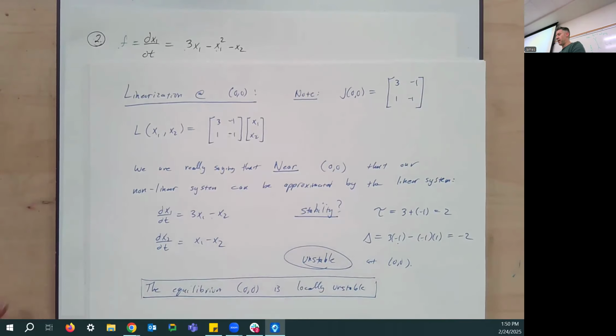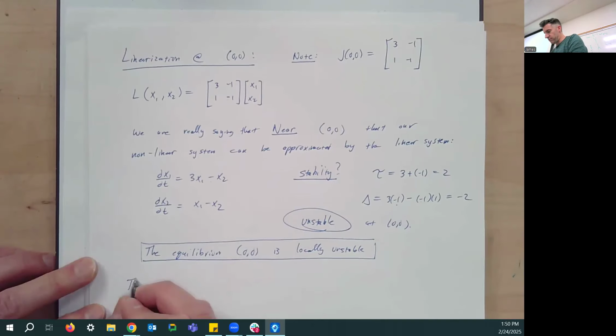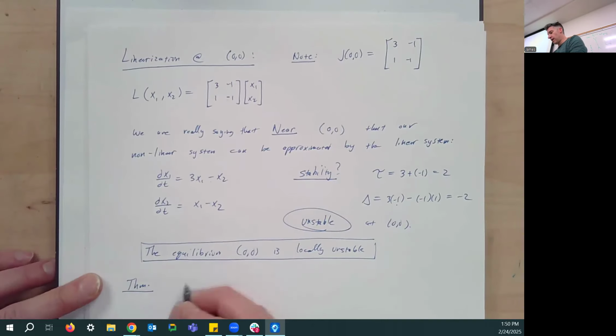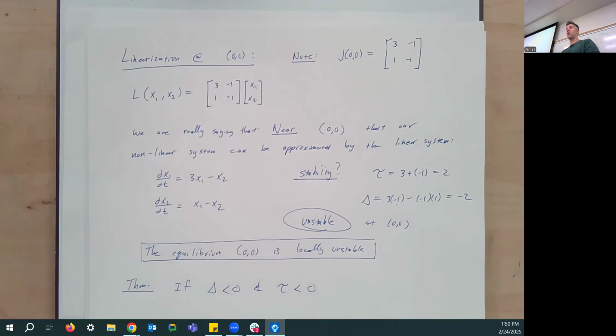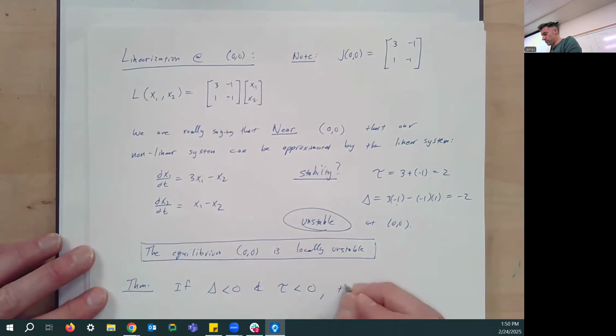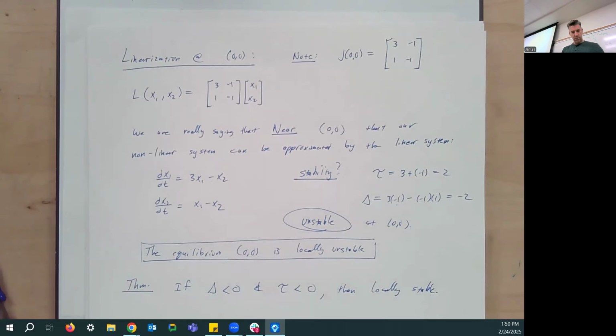And I believe the theorem says that, so here's a theorem. The theorem says that if both the determinant and the trace are negative, then it's locally stable. And I think unstable otherwise. I'd have to double check the textbook for that. Unless it's in my notes right here. I don't see this in my notes right here. But I'm fairly certain that's the case. Because if you think about,